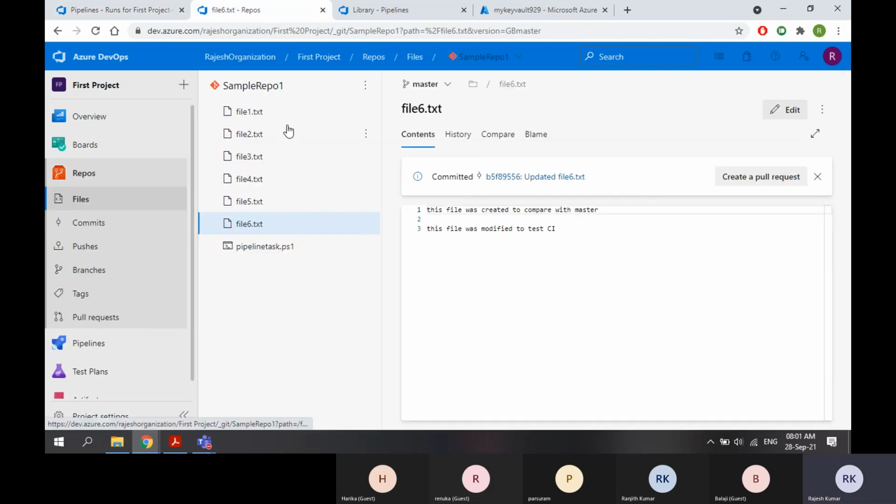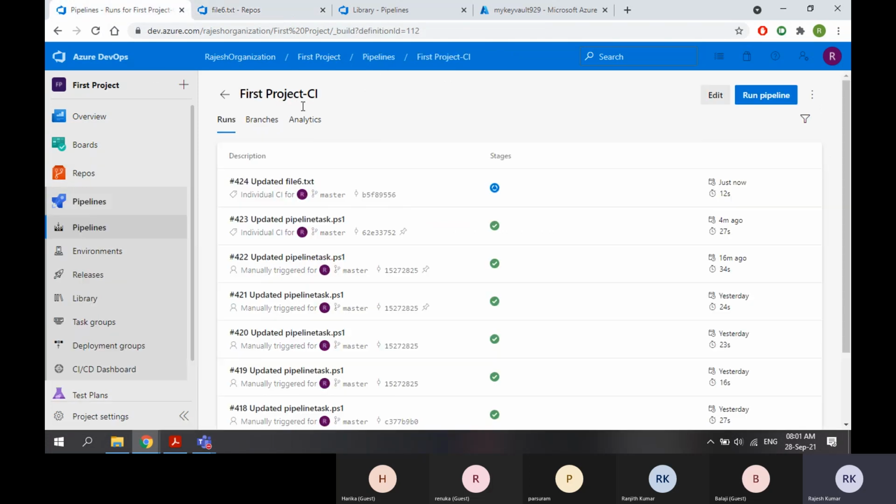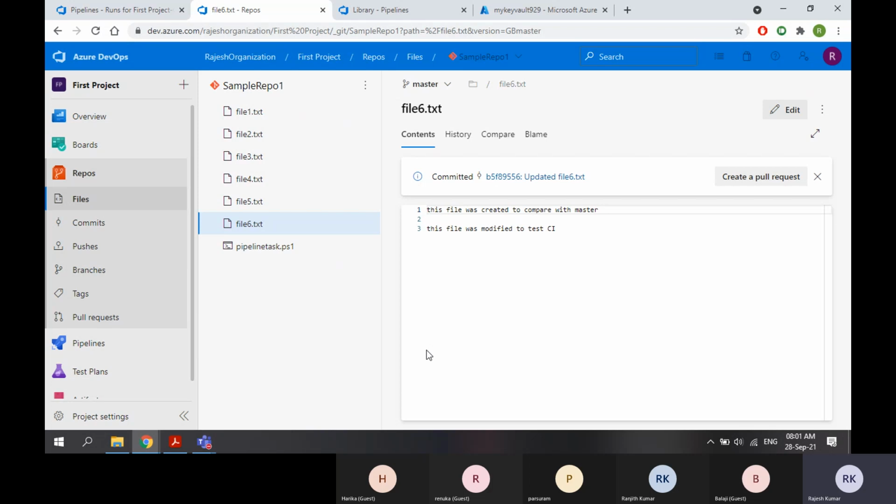So the CI is created on branch level, not at a file level. The CI is created on branch level. So within this branch, you can touch any file or you can modify any file. The moment you commit the change, okay, a build will trigger automatically. Whether you are using that file in your pipeline or not, it will trigger. So continuous integration trigger is for all your changes in the repo, you want to trigger your pipeline.